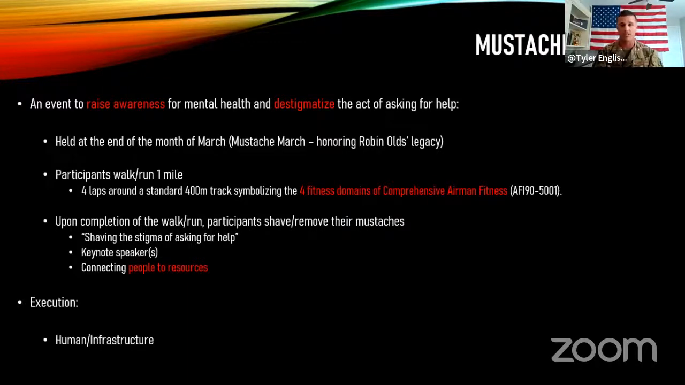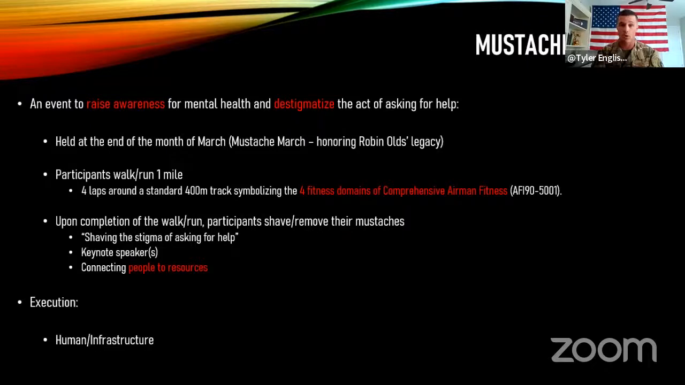It's been cool to see the turnout of these events and how many people actually participate in the shaving of the stigma to ask for help. At this point in time, there's a keynote speaker, typically someone very prominent, a leader, a commander, something along those lines, who talks about mental health in a way that shows that without mental health, they wouldn't be where they're at in their career. Not just a Facebook post saying, I got kicked out of the military because I asked for help,